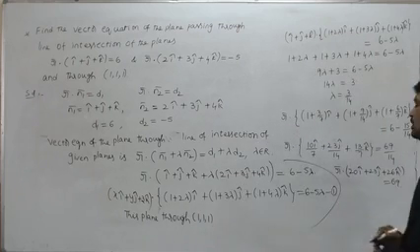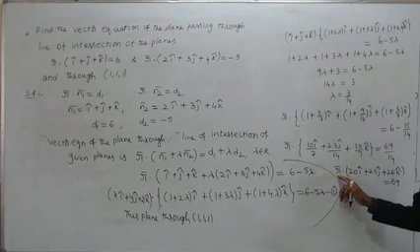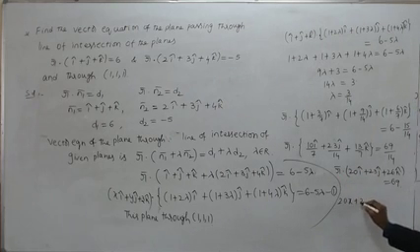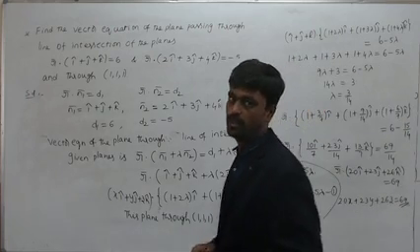So this is the vector equation of the plane. Suppose they ask for the Cartesian equation, instead of r bar, what you have to put? xi cap plus yj cap plus zk cap, and if you take the dot product, what will you get? 20x plus 23y plus 26z is equal to 69. So this is the Cartesian equation, and the above one is the vector equation of the required plane. Okay.